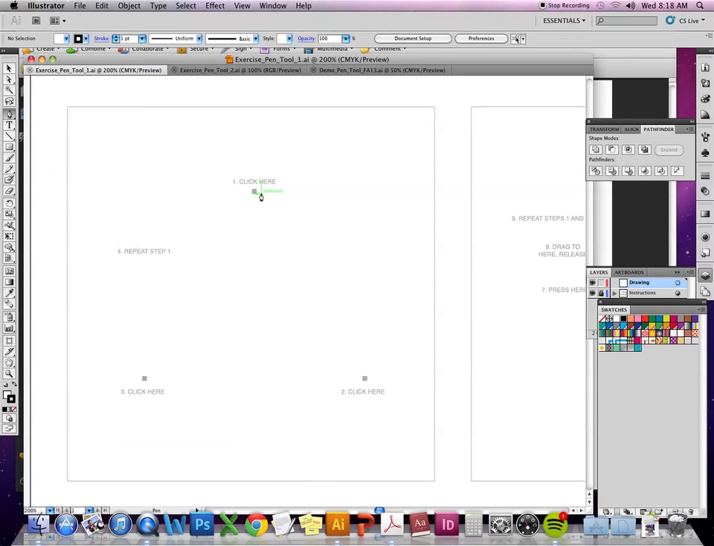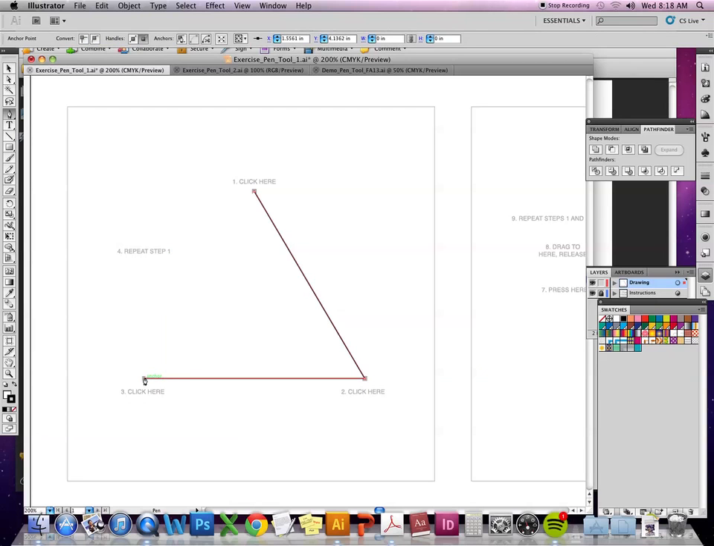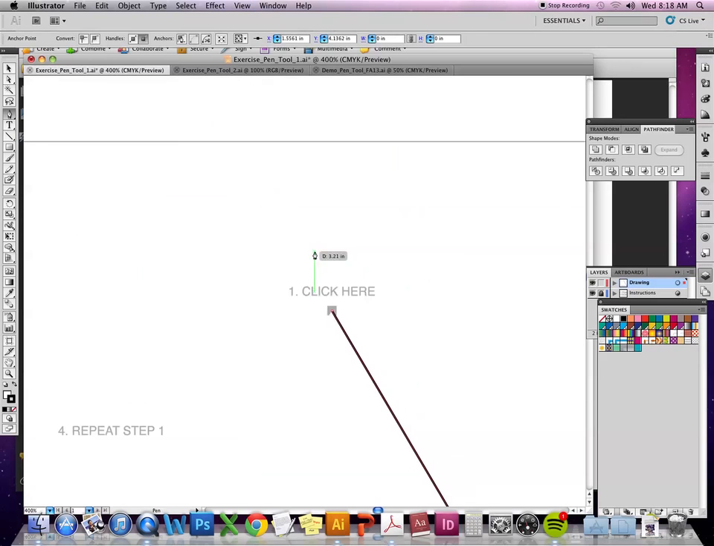Okay, so I've got my pen tool. I'm going to start up here at number 1. I'm just going to click once, go down to number 2, click again, go over to number 3, click again, and then step 4 says to repeat step 1, so I go back up to point 1, and